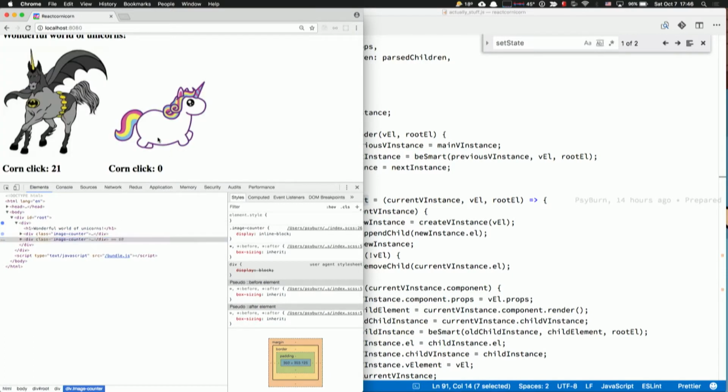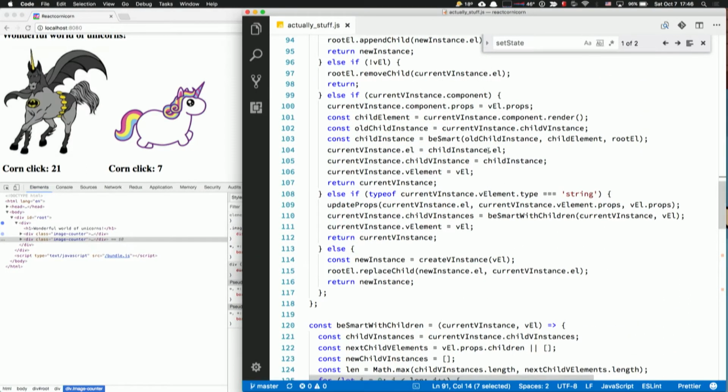Image counter, corn click, this one is only being re-rendered, and they're completely separate. For this, I had to iterate all children, reconcile, be smart on the children, and do a lot of stuff here. But these are the reconciliation rules that you have to follow. You can write more rules for this. These are just my basic rules from React. And that's it for that.